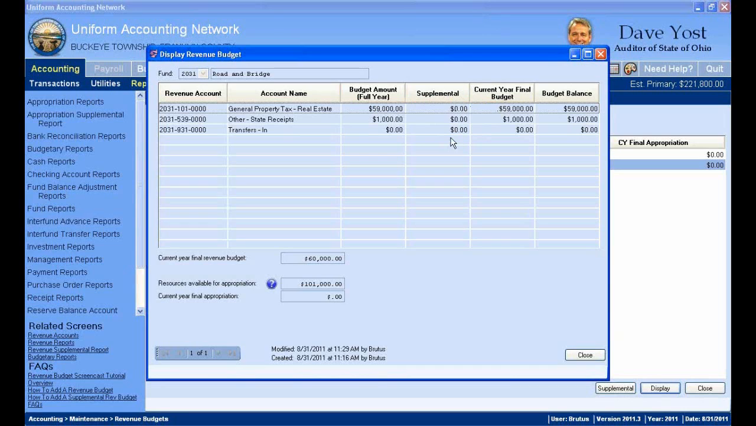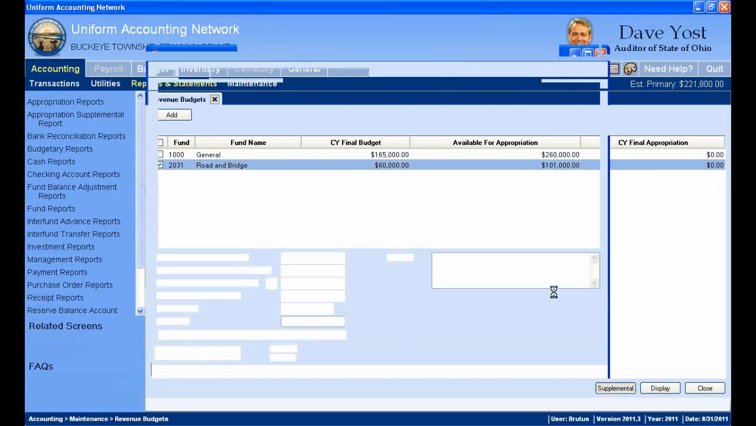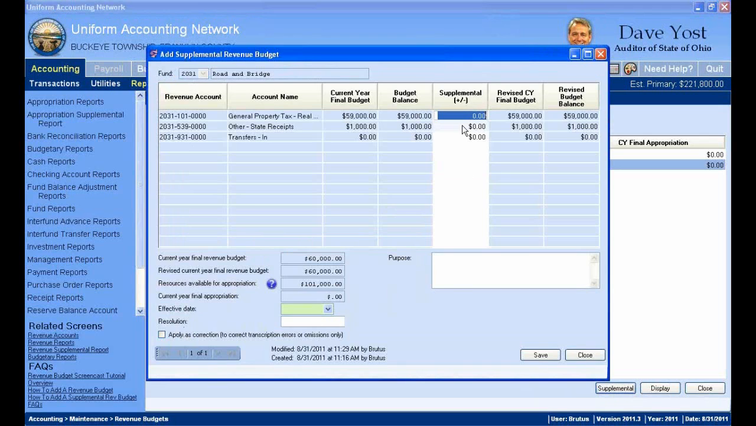But if it was a true budget, if you did get an amended certificate, maybe you started out with 58,000 on your amended certificate, and then you got a second amended certificate for the year, maybe sometime in May of that year, because you found out from the county auditor that you'll get more in taxes, whatever, another $1,000, or it could be a variety of reasons. You get an amended certificate, maybe it decreases. Then you would not fill in that applies correction checkbox when you did that supplemental change, and it would record it as a true budget change, both here